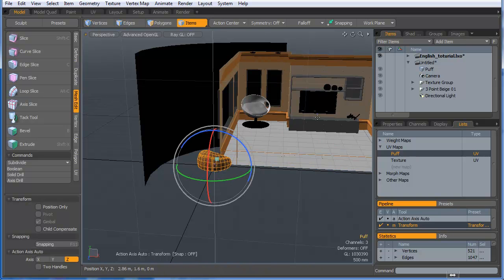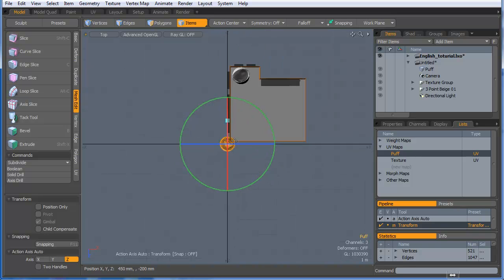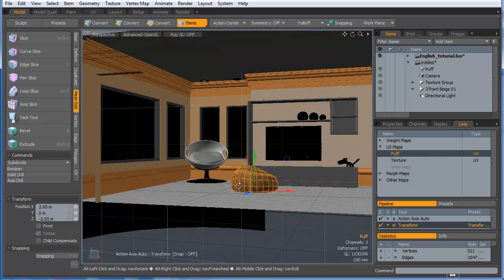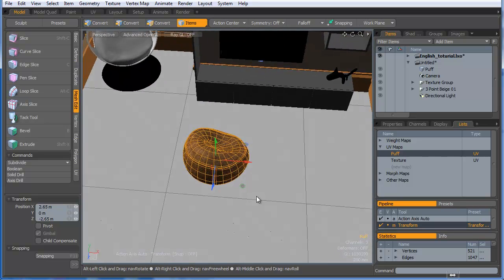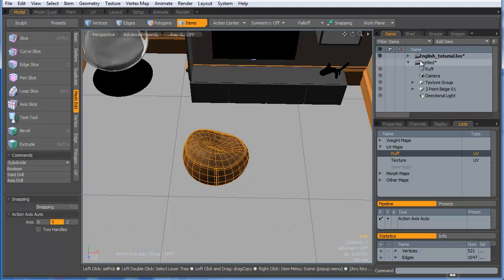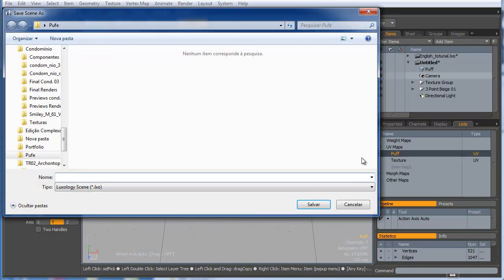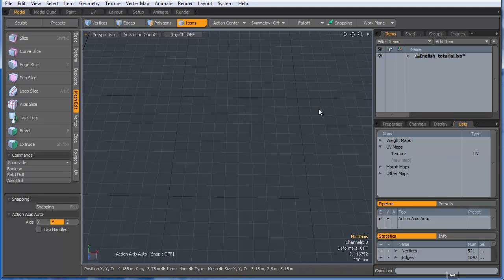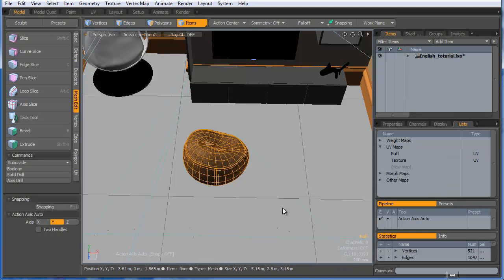And then top view, I'll place it, perspective, right there, and I will make a copy. Before I do this, I'm going to close the poof scene,